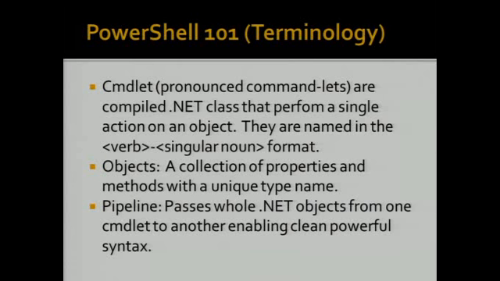In PowerShell, what the pipeline does is it carries these objects from commandlet to commandlet, almost like a conveyor belt. And then in the background, it does what's known as parameter binding. Parameter binding is a method by which a commandlet will grab the information it needs to do whatever you're asking it to do off the object that it just received from PowerShell. So what does this mean to you?